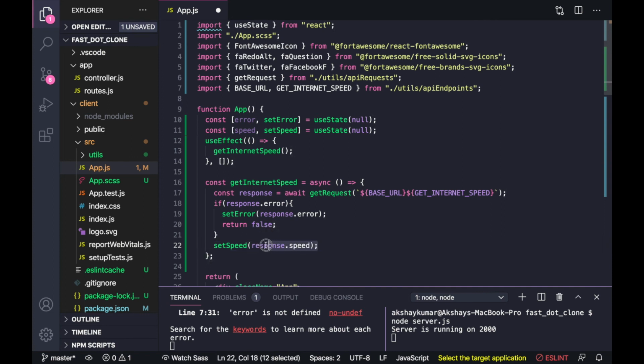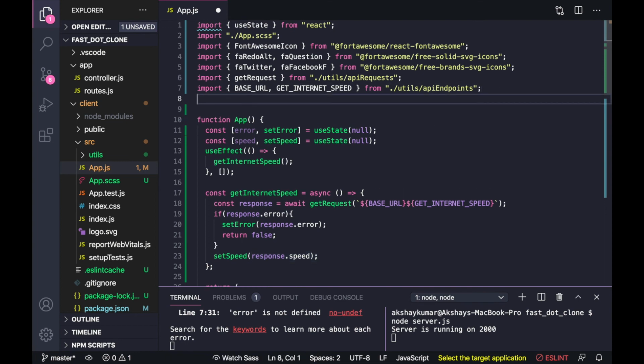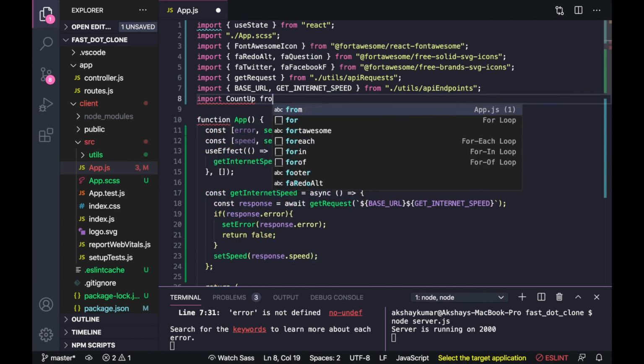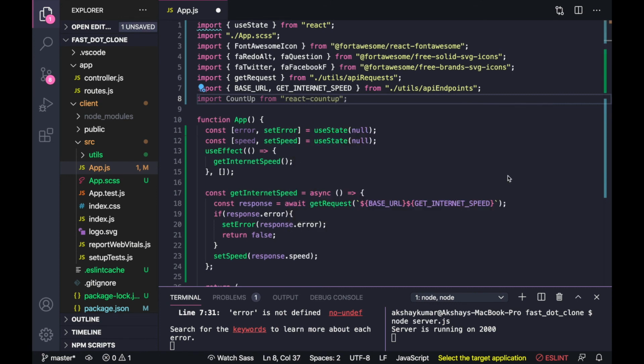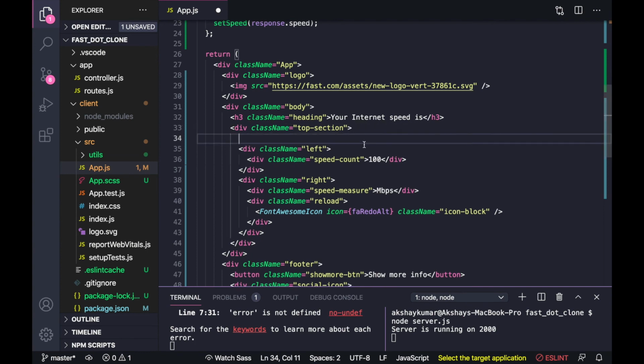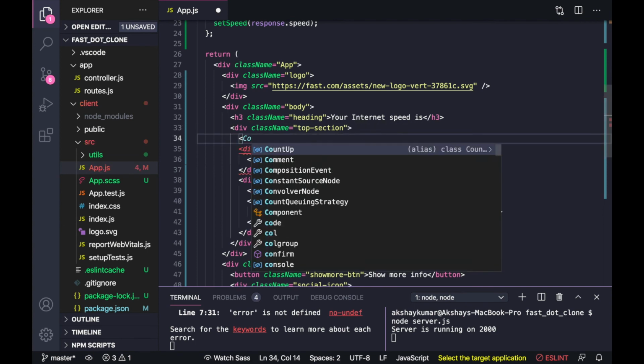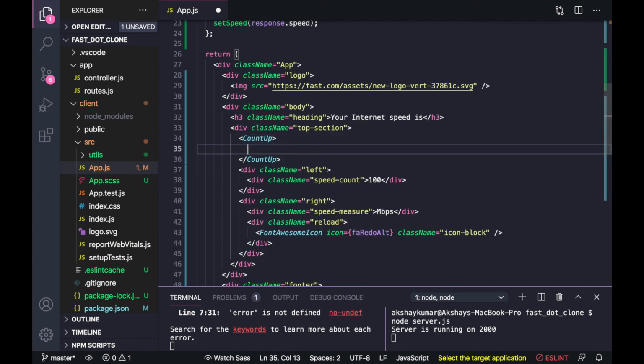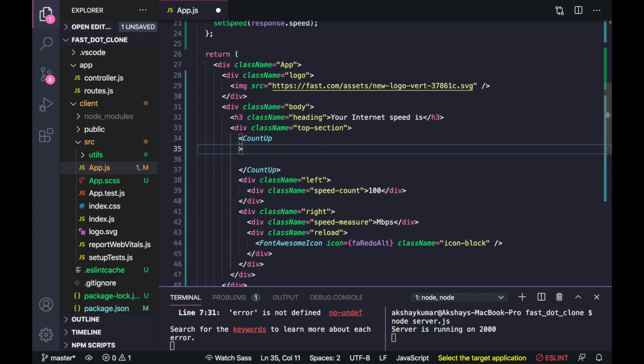Once we get the internet speed, we have to animate that number. For that we will use one library, that is React CountUp. Let's import that library now. Now inside the top section we will write CountUp. We will pass some properties here.